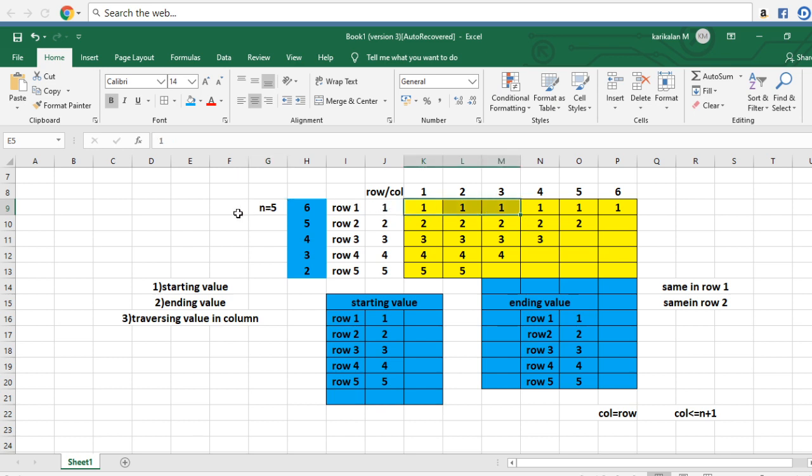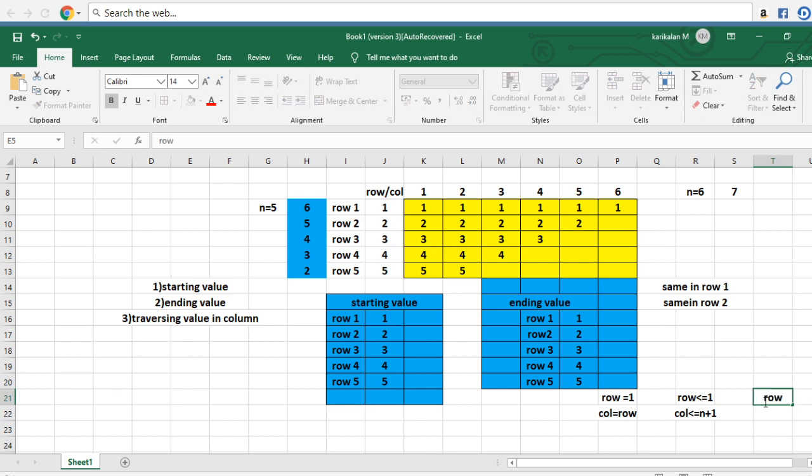If they give n is equal to 6, your given input is 6, we are going to print 7 values in row 1. Then we are going to decrement each time. So that's why I am going to assign the row value into column. First time your row value is equal to 1. Am I correct? Your row condition is row less than or equal to n. Then you increment your row each time.